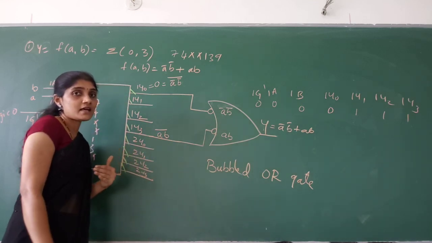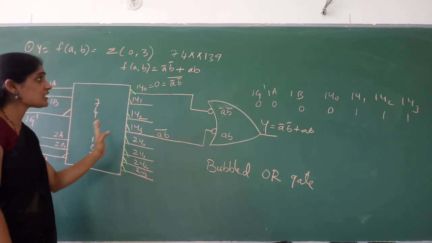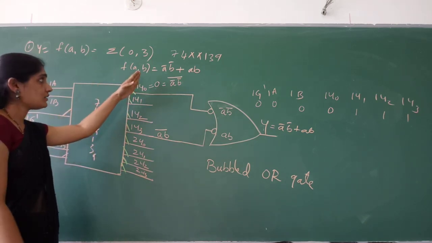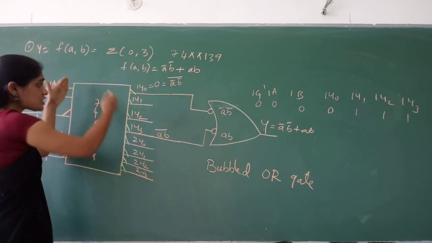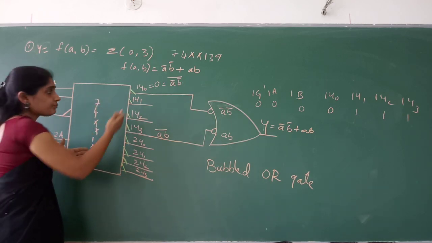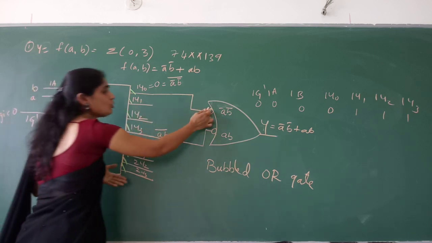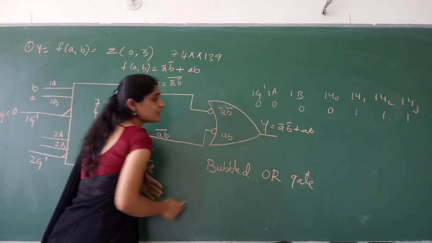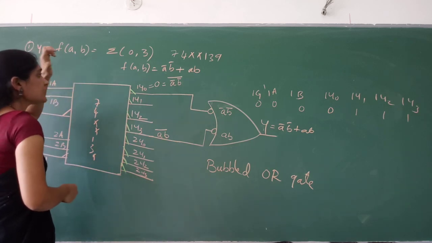In the exam, sometimes they tell you to implement it using a decoder. They don't give the IC number. Implement the function using a decoder. You can just write the normal decoder circuit, the normal decoder symbol. You need not take active low. You can just take it as active high. No bubble here, you can implement it directly using an OR gate. Okay. Now this is how we implement a given function.